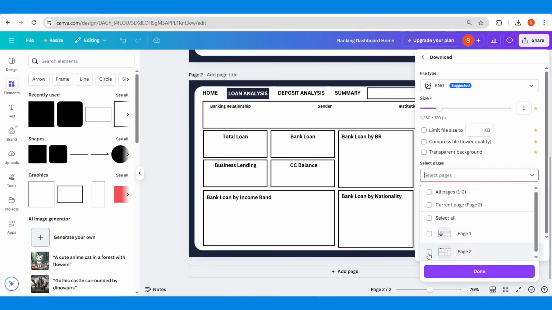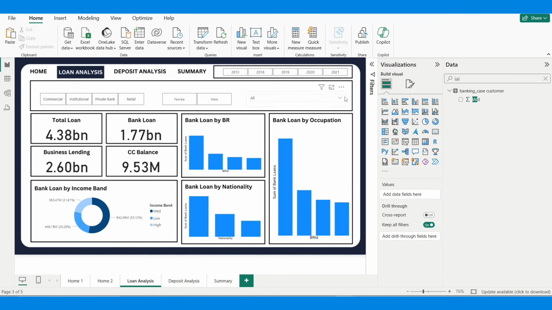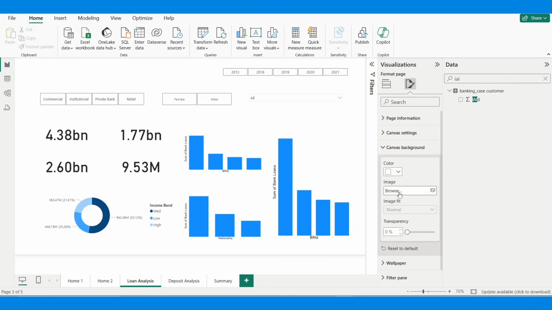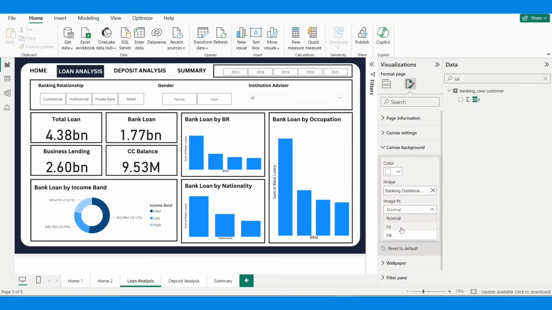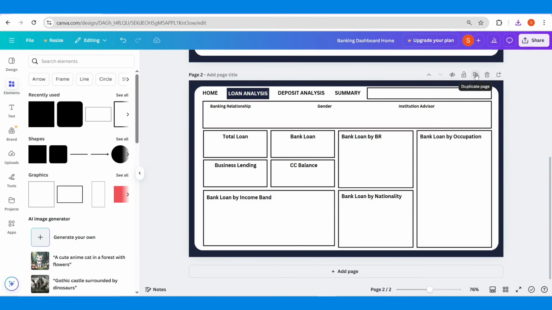Select pages, just second page, download, and then go back here, go to Canva, background, change it, browse, add it, fit it. That's it, done. Looks good. Wow, I think it looks good, right? Now what I need to do is, in similar fashion, I can always do a duplicate and create a